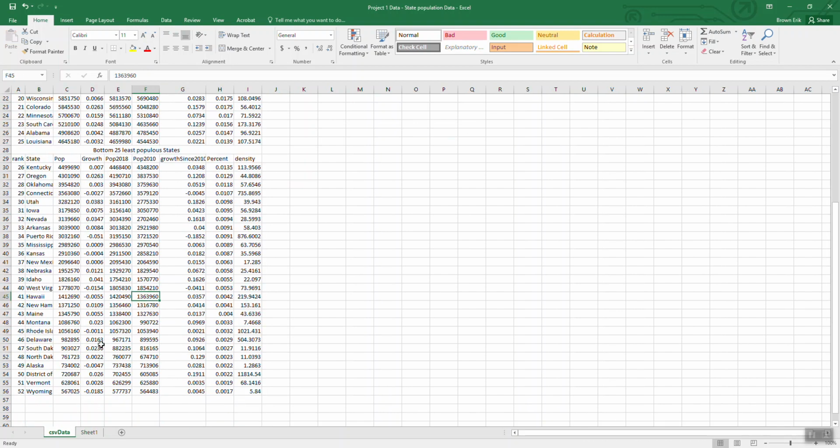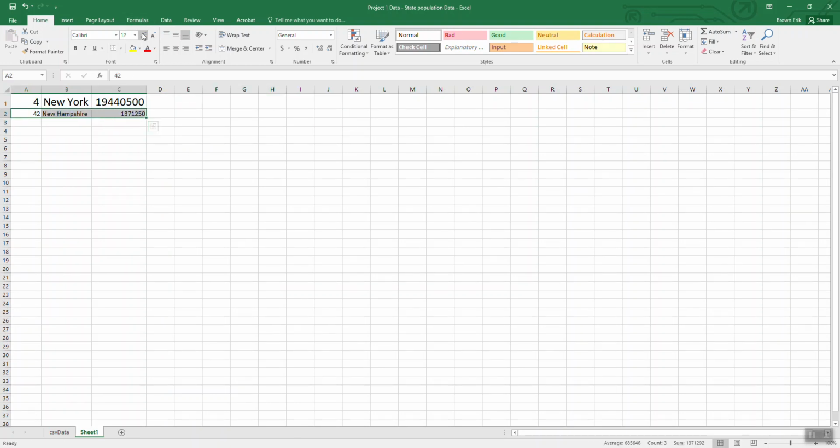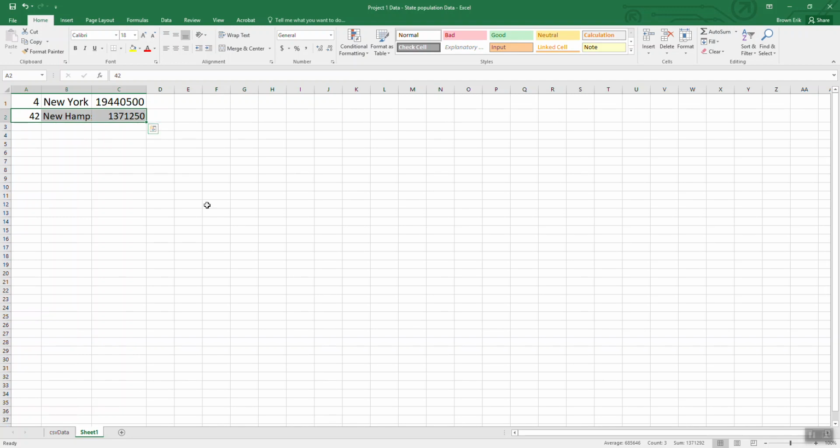Hey, Puerto Rico is not a state, it's a territory. We'll do New Hampshire. And that's the least populous. I don't need all that extra stuff. So what this has for us is the population for each of these states